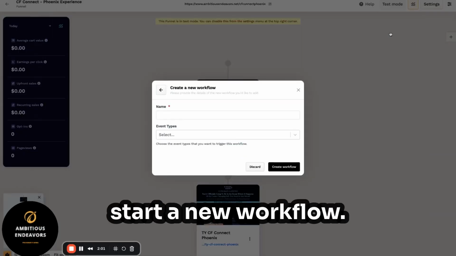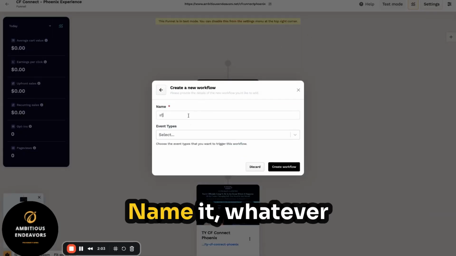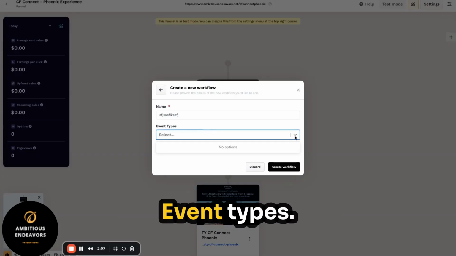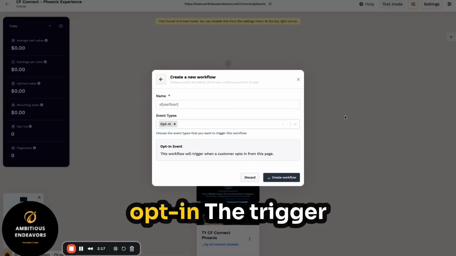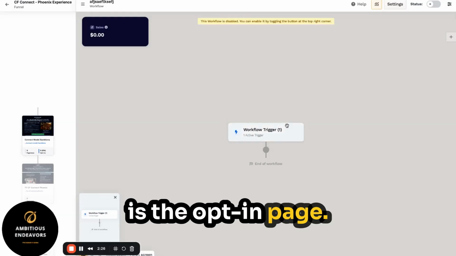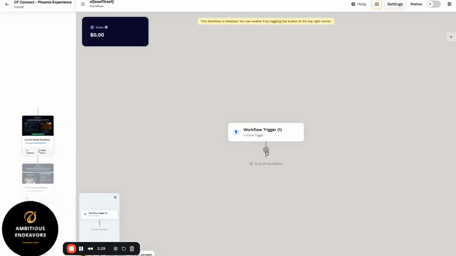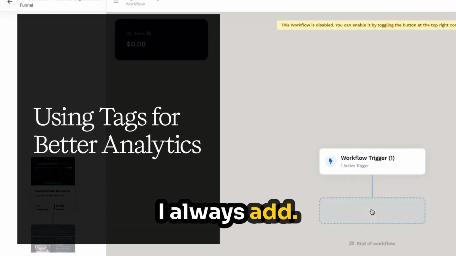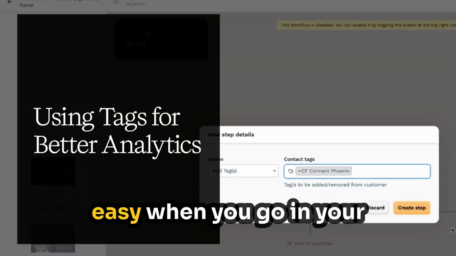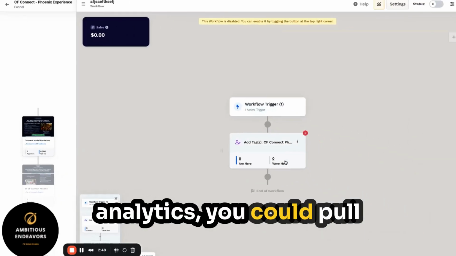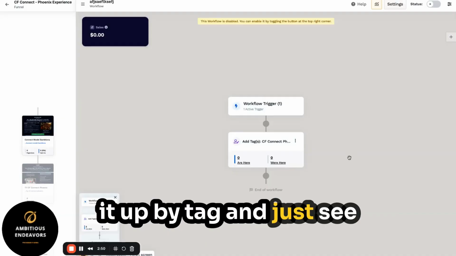So what you can do is start a new workflow, name it whatever you want to name it, event types and event type. This is an opt-in page. You want to set it as opt-in. The trigger is the opt-in page. I always add tags, which makes it easy. When you go in your analytics, you could pull it up by tag and just see the people in that